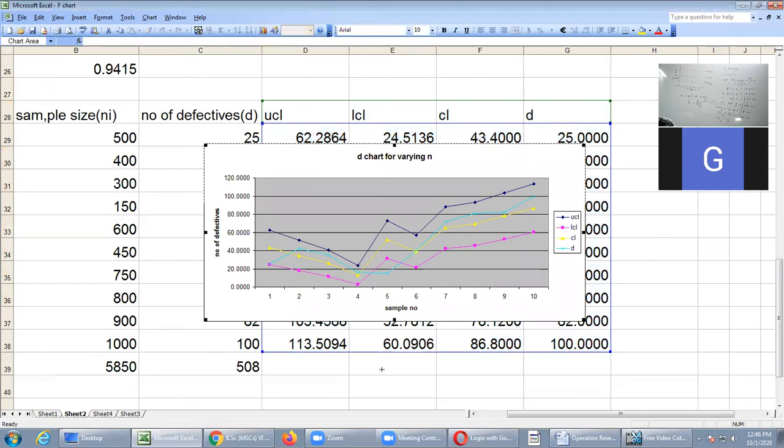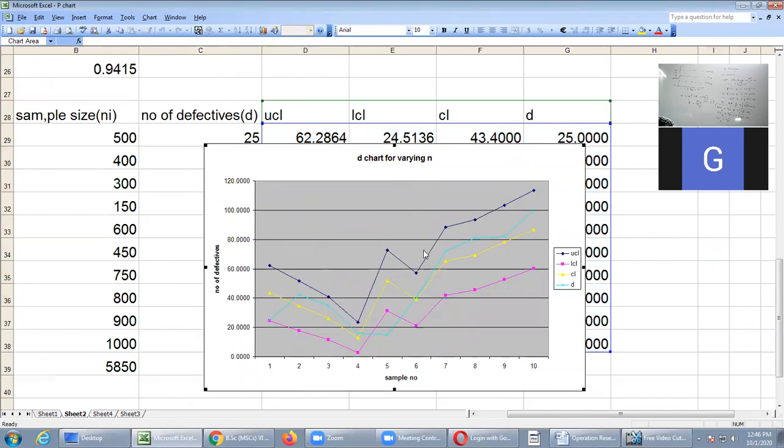Now if you observe the diagram, everything is varying because UCL, LCL, and CL are varying, and you are getting the points. Now you have to check whether it is out of control or in control. All the points are within the control limits except this one. If one point falls outside, then the chart is out of control. Clearly, this point falls outside, and the remaining points are inside. So for this particular problem, the D chart is out of control. Is it clear? I think all of you were able to understand the D chart for fixed n as well as varying n.